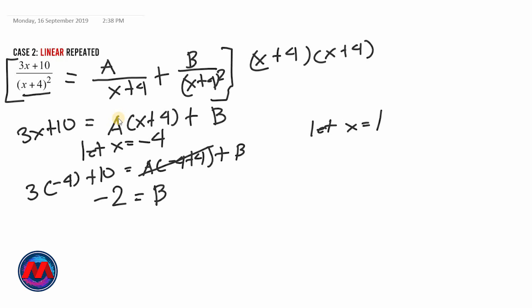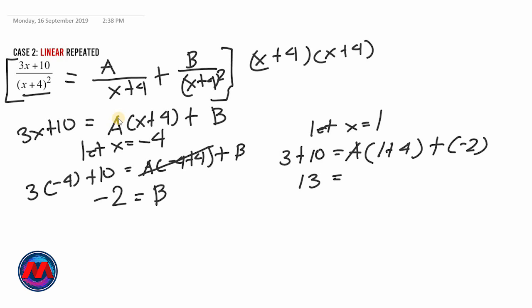So, substituting 3 times 1 is 3 plus 10 is equals to a. Yun yung hinahanap natin. Times x, that's 1 plus 4, plus b. Ano yung value ulit ng b natin? Negative 2. Okay, so solving this, 3 plus 10 is 13. 1 plus 4 is 5 times a is 5a